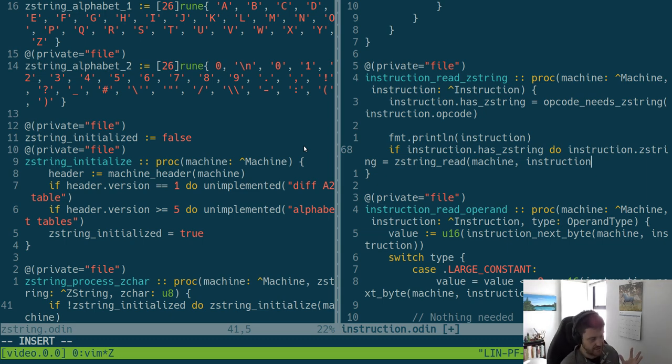We need to get the length out. Yeah, and the length is going to be length equal to 0. So because of that, I need to actually make this